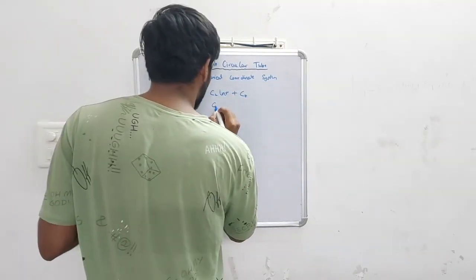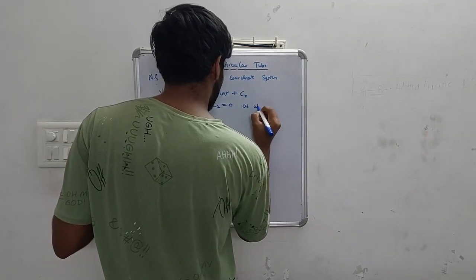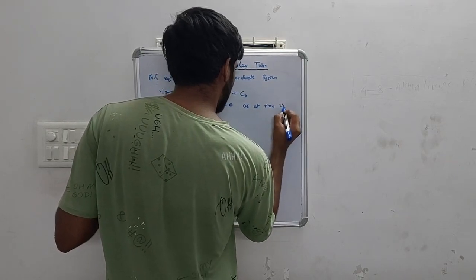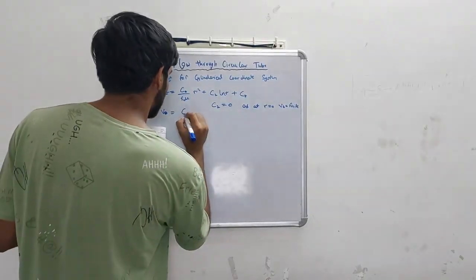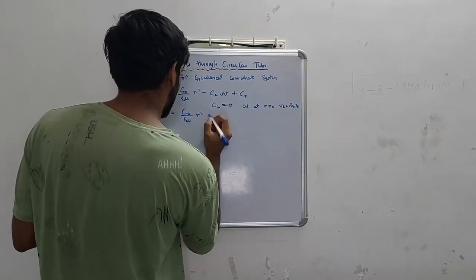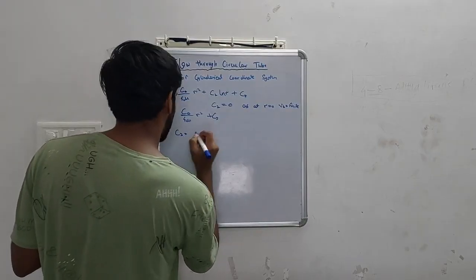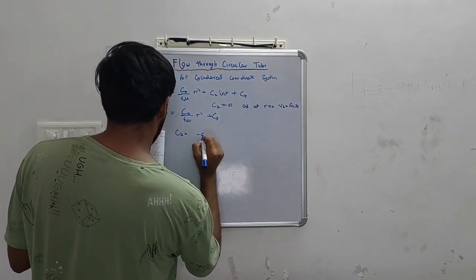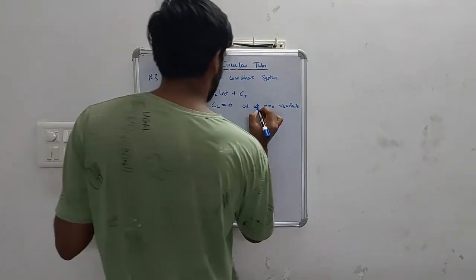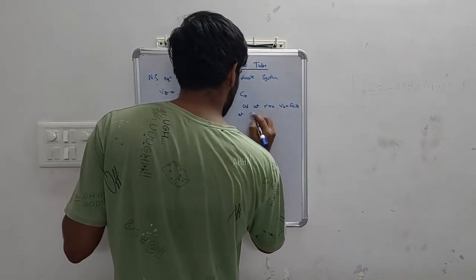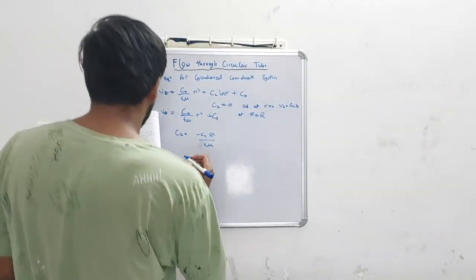So that's why C2 will be 0. So our term is C0 by 4 mu r square plus C3, and C3 would be equal to minus C0 R square divided by 4 mu, where r equals capital R. By further solving this equation, we get Vz as